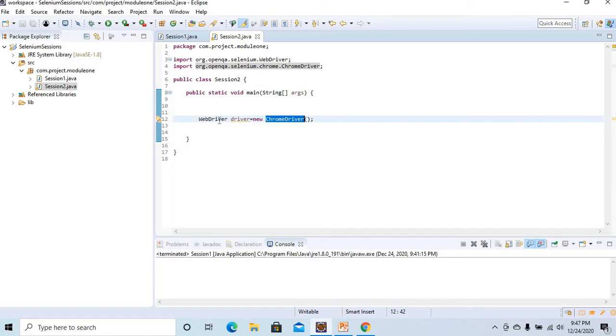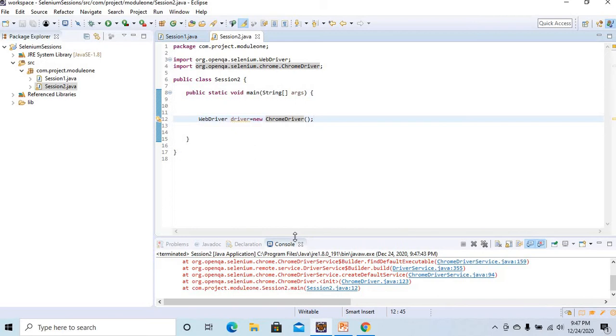That's why we write WebDriver driver equal to new ChromeDriver. Opening any browser is just creating an object of the respective class. Here I am trying to initiate a Chrome browser. Let's run it and see if it works or not.